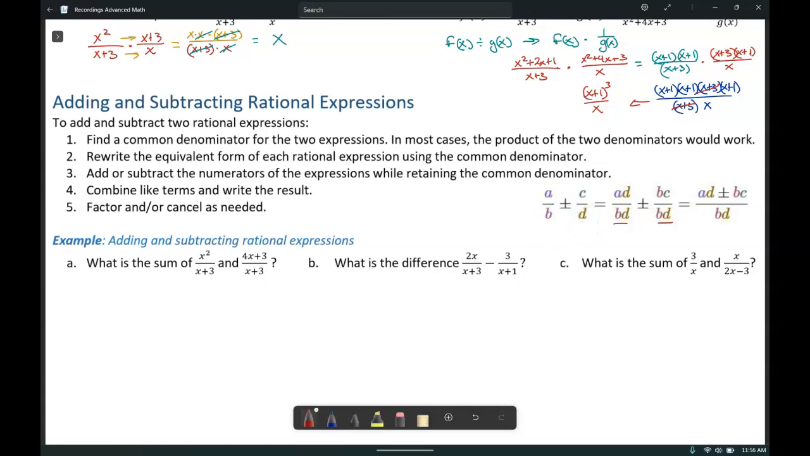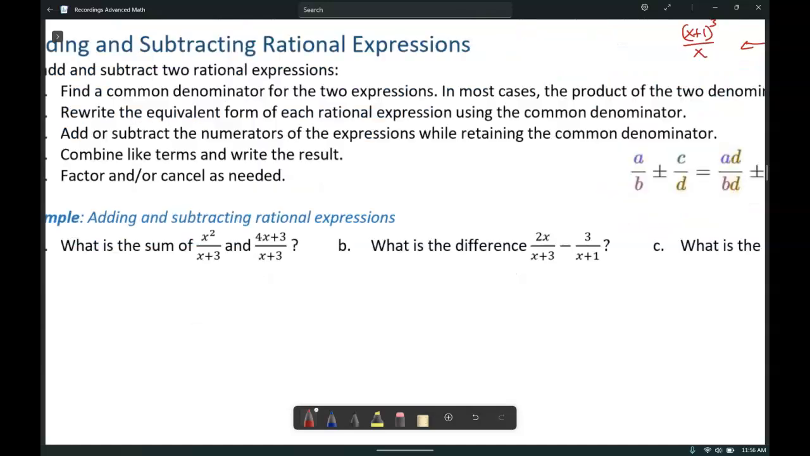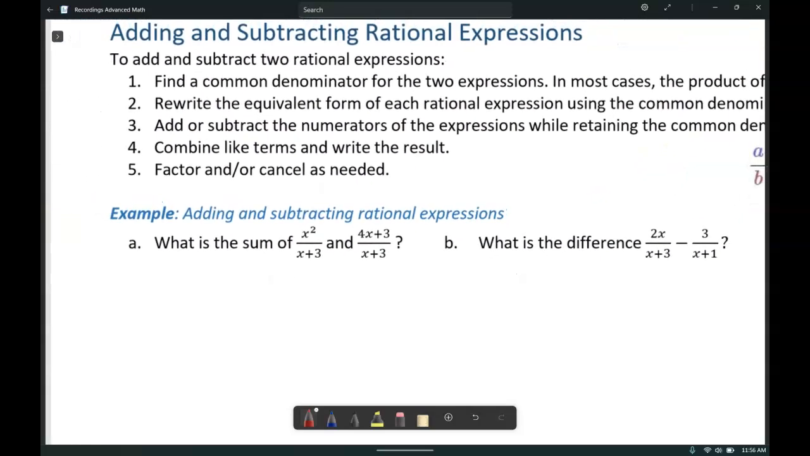And then we just need to make sure that we multiply the opposite equation by whichever of those factors it's missing on the top and the bottom so that we get the common denominator. So let's go ahead and just dive on in. So looking at the sum of these two expressions, well, they already have a common denominator, so we don't need to do any rewriting. We just look at x squared over x plus 3 plus 4x plus 3 over x